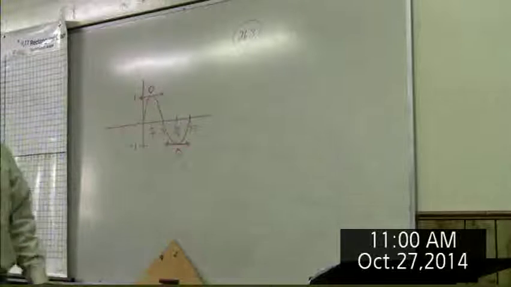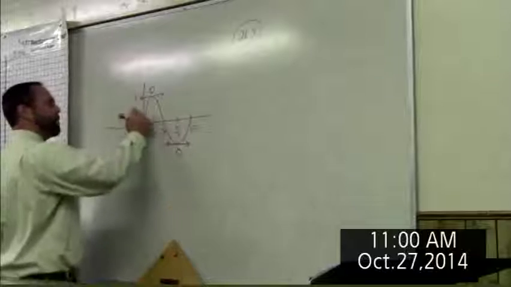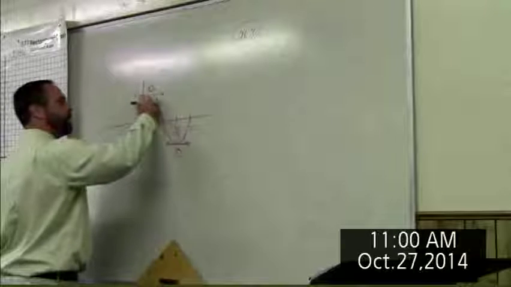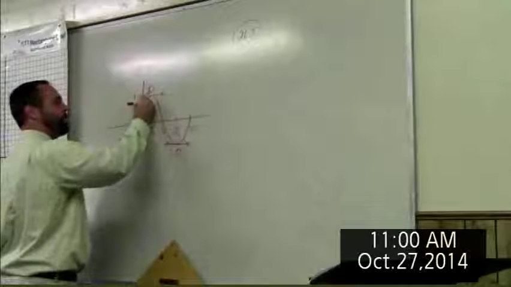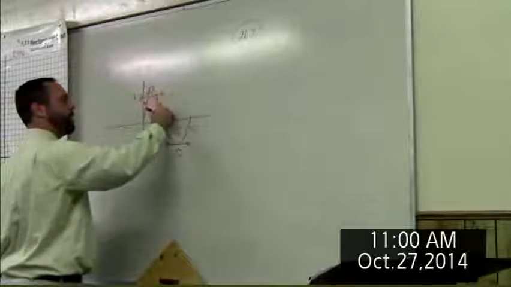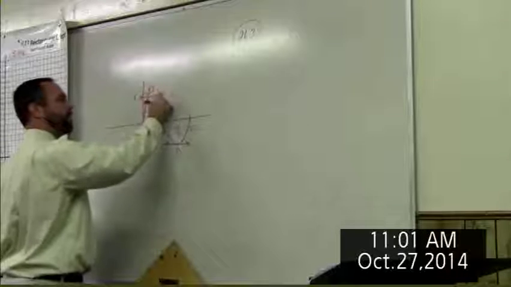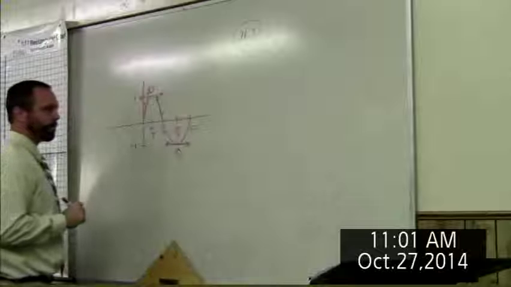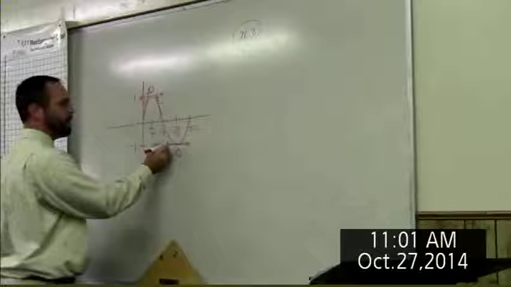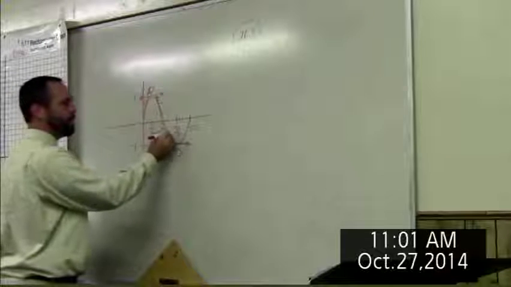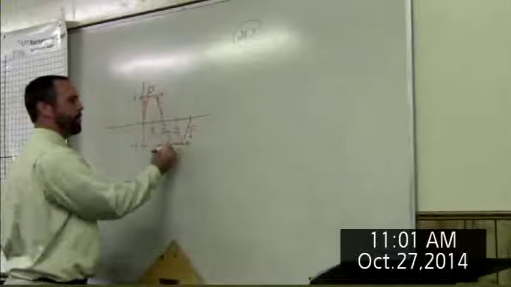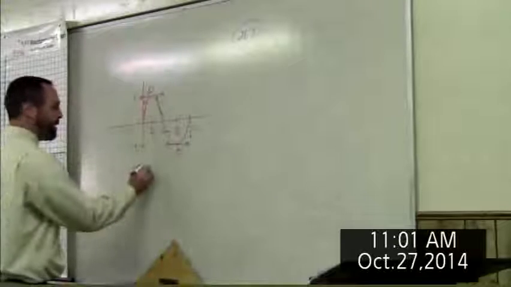All right, other things that we know about this is that the slope here would be going up, that would be positive, whereas the slope here is going down, it would be negative. Okay, the same thing here. Slope here would be negative, and then going back up from left to right would be positive. So if I make a sketch of this,